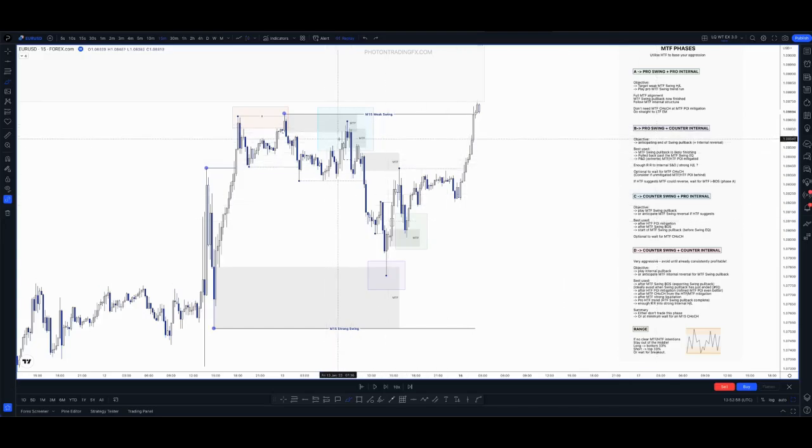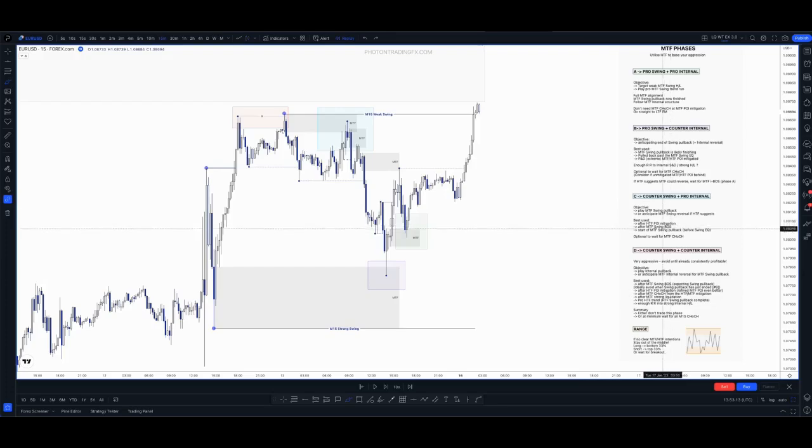So yeah, that's pretty much it. To be honest, I don't want to get too bogged down in all of this. I said, best used after a higher time frame POI mitigation. We don't quite have that. Best used after an MTF swing BOS. Well, we do have that, right? Because we've had the BOS here, so it makes sense now to play the swing pullback because we're expecting that